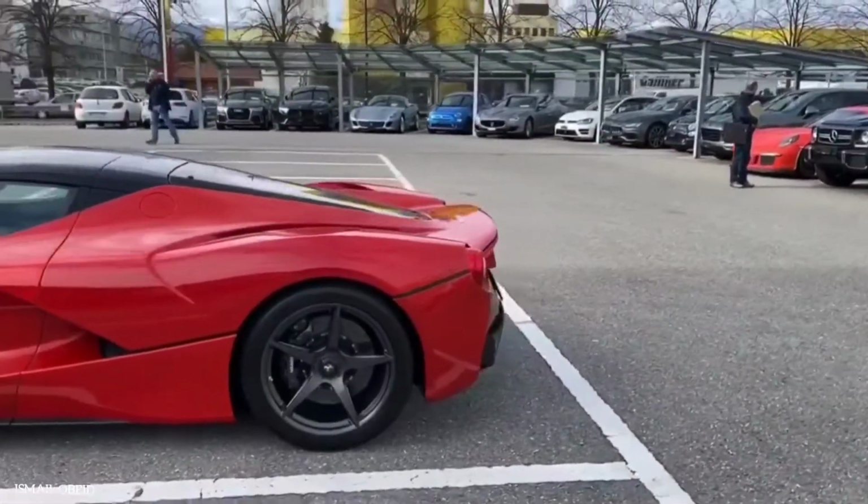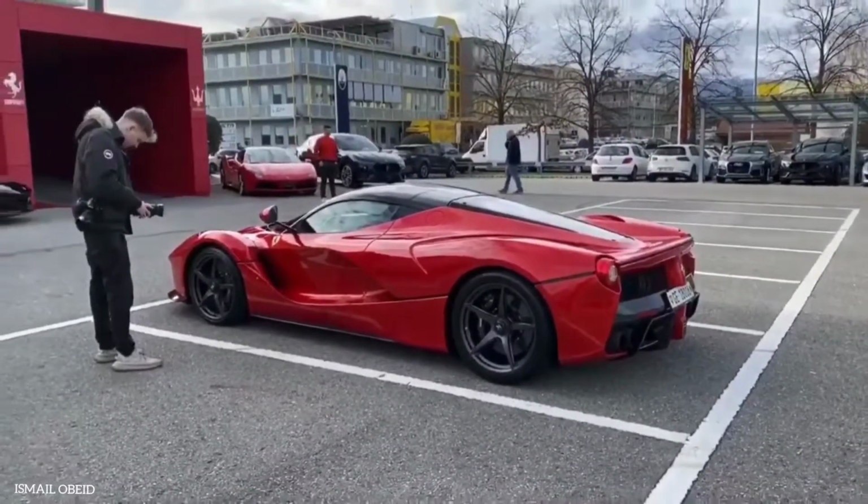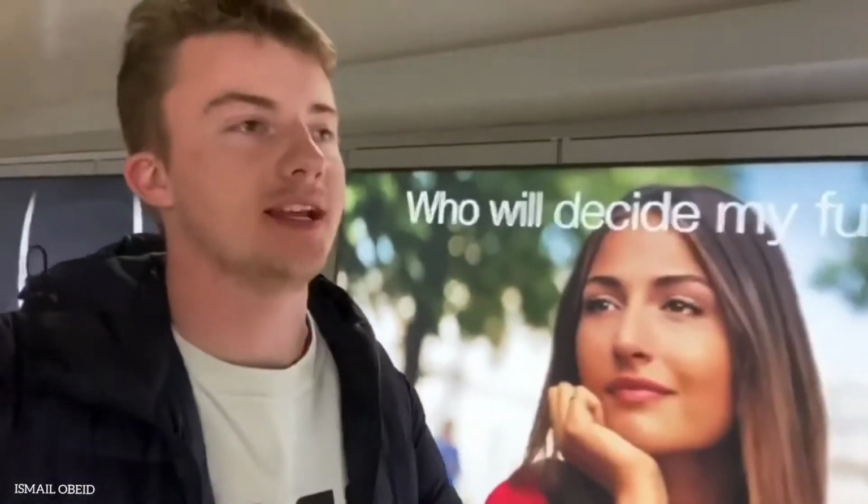Definitely worthwhile, just like St. Moritz, definitely worthwhile coming out, irrespective of the show being cancelled. So there we go guys, back at the airport again, back in Geneva after a couple of days at what was supposed to be the Geneva Motor Show, but as I mentioned it was unfortunately cancelled for the coronavirus. Again, I had my doubts whether it would be a good idea to come or not, but as I mentioned absolutely everything was already booked, so I just thought why not. And it was a pretty great trip, I'll be honest. Hopefully you enjoyed the video, and hopefully going forward nothing else is cancelled because of this virus, so fingers crossed that everything